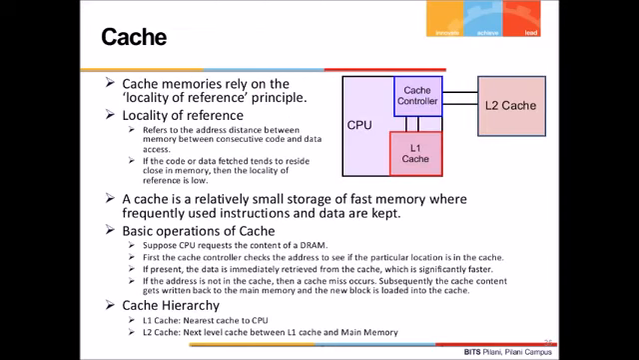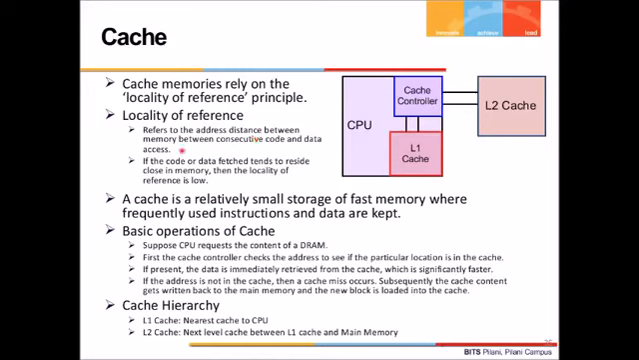You can see the concept of cache comes into the picture, because memory hierarchy revolves around the concept of cache. Cache is basically a memory which is very near to the CPU. It relies on the principle called locality of reference, which means if there is a faster memory and data is available there, then the CPU will take less time to access it, right? Locality of reference refers to the address distance between the memory